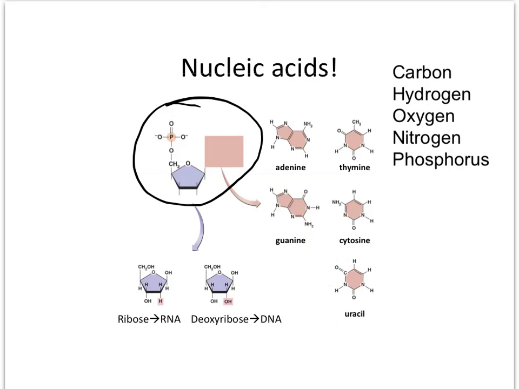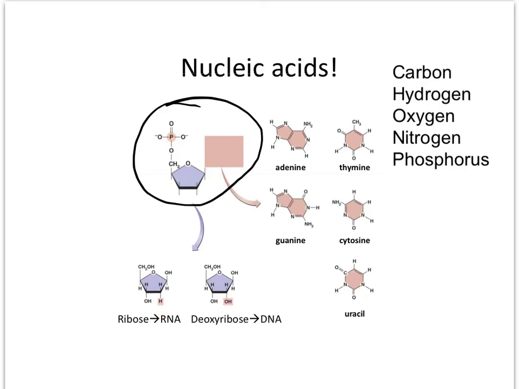Nucleic acids are also going to differ by the type of sugar that they have. Ribose is found in some nucleic acids, and deoxyribose is found in others. So ribose, of course, is going to be the precursor for making ribonucleic acid, or RNA, and deoxyribose is going to be the precursor for making DNA. You can see that chemically they're very, very similar to one another. In fact, they only differ down here, with ribose having a hydrogen right here and deoxyribose having an OH or